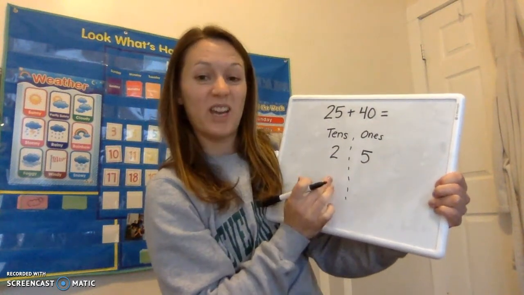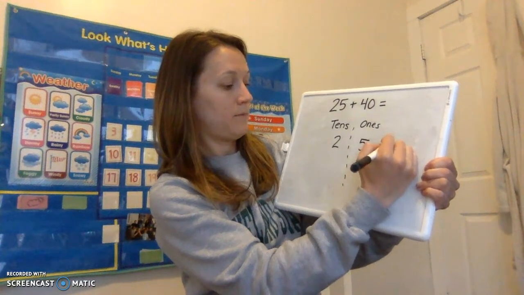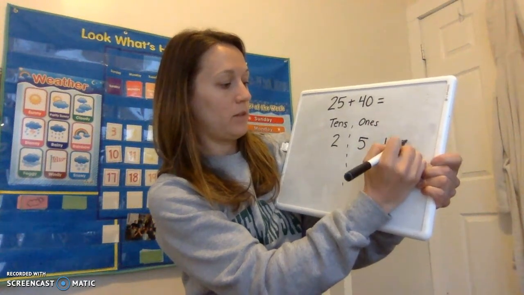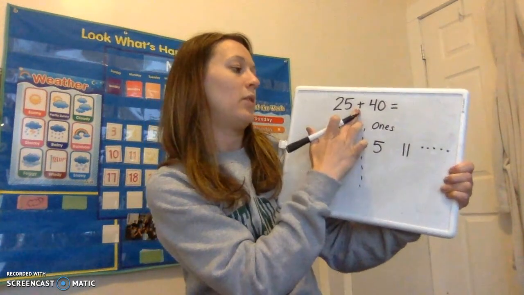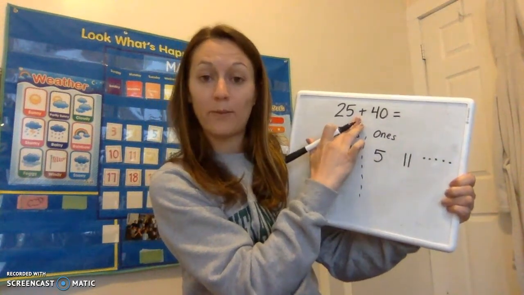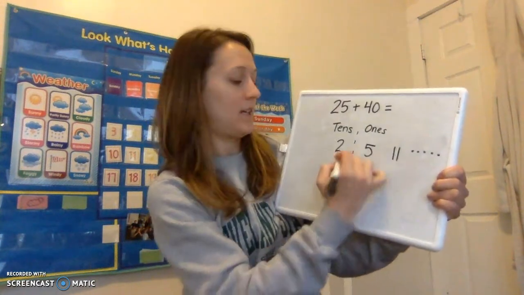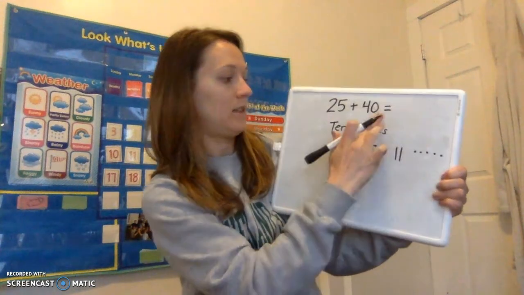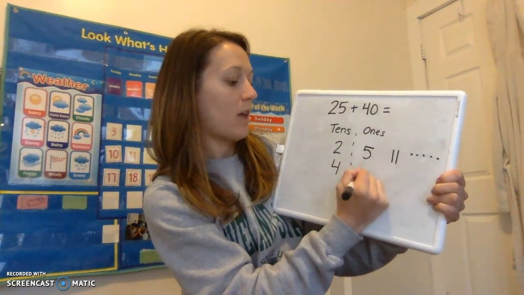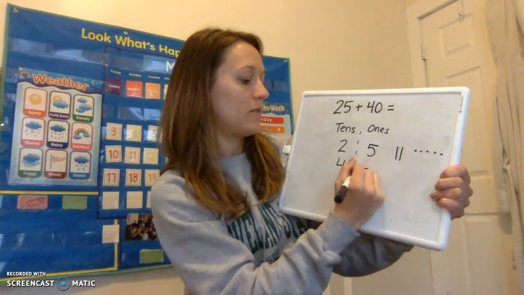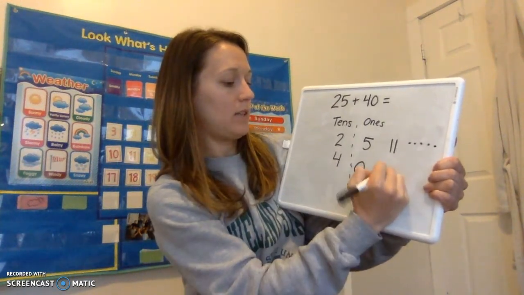I can even go ahead and draw this using base 10 symbols. 2 tens and 5 ones. 1, 2, 3, 4, 5. Now, what am I adding to 25? I'm adding 40. The number 40 has 4 tens and how many ones? 0, right? Because we talked about how all multiples of 10 have 0 ones. So I would draw 4 tens